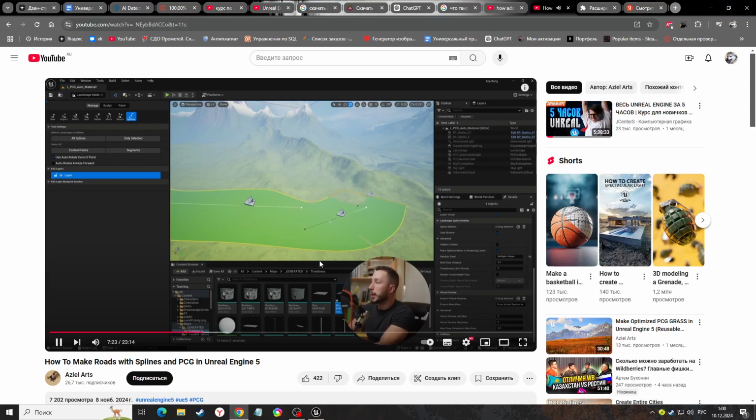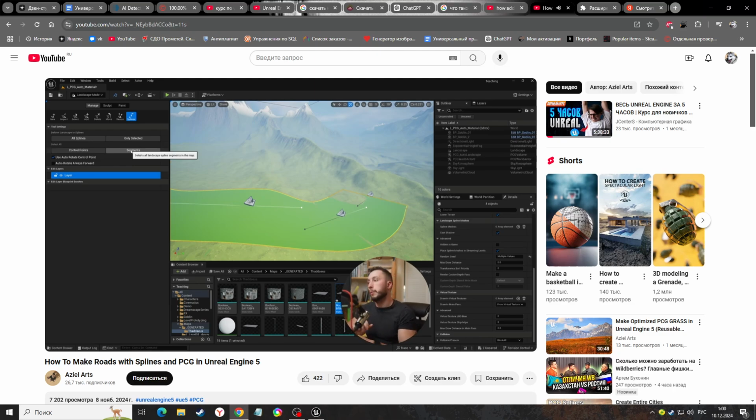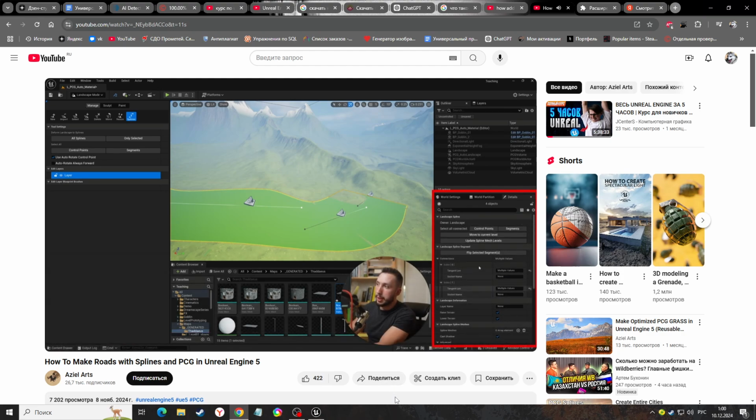because each segment and point, which is what these are called. So these are called points, and these segments are the surfaces or curve that's attached in between those points. Each of these could technically have their own separate mesh. We want to select all of them so that we can add the road mesh to all of them and not just one. So now that we have all the segments selected, we can come over here on the right